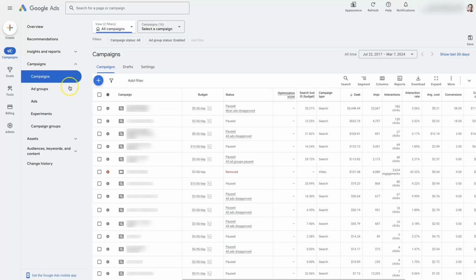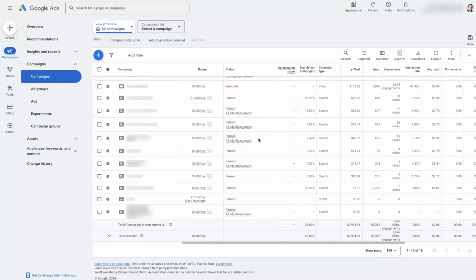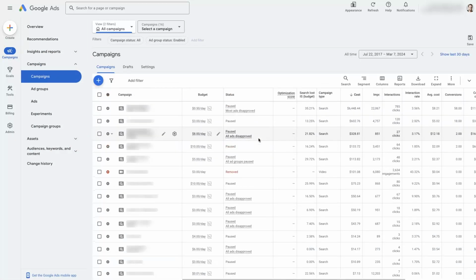And when we are in our Google Ads account, of course I'm in the new layout, so you can switch between the new and the old view up here. But in the new Google Ads user interface, you'll be able to select campaigns over here from the left side. And when you do that, that's going to show you all of your campaigns here. This is an old account, just kind of random, just to show you an example. With all of these campaigns right here, there's this little